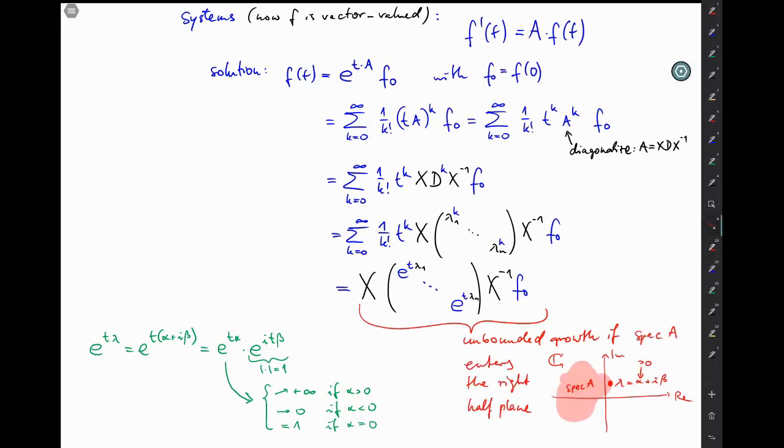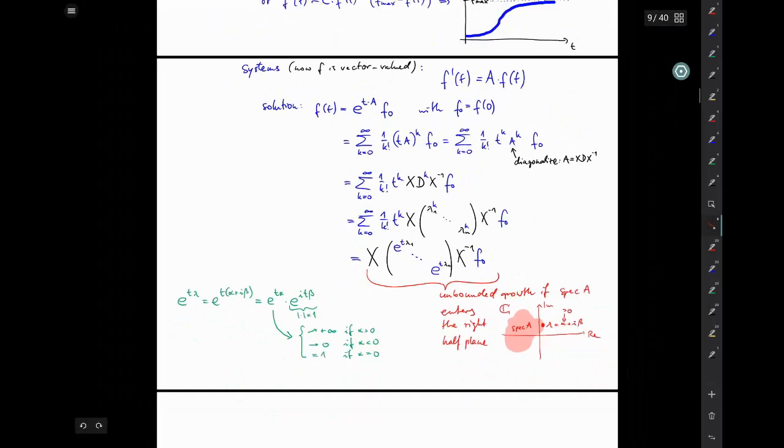Okay, and similarly to the discussions before, your population will die out if the spectrum stays entirely in the left half plane and doesn't even touch the imaginary axis, so all of your eigenvalues have strictly negative real part. And if some of them just reach real part equal to 0, so the spectrum would touch the imaginary axis but not cross it coming from the left, then you would have roughly constant behavior, with the size staying about the same. Okay, so that's section